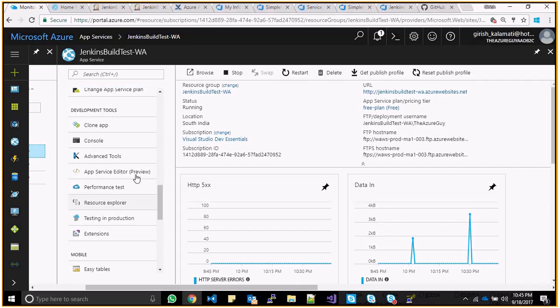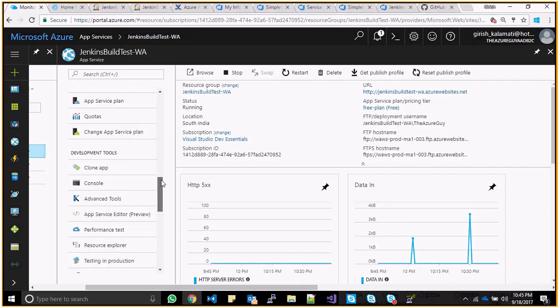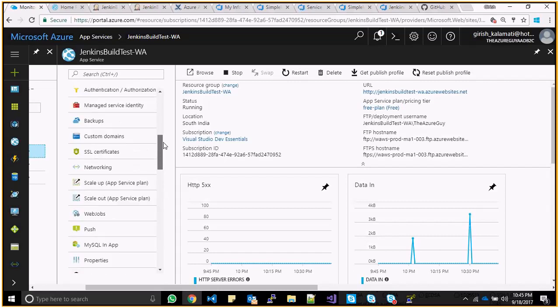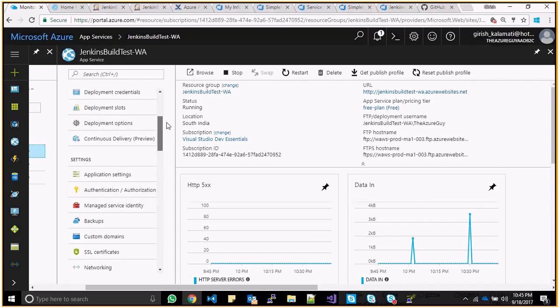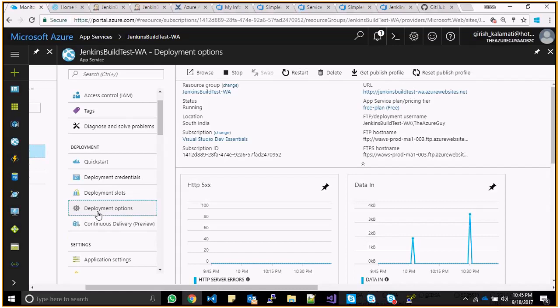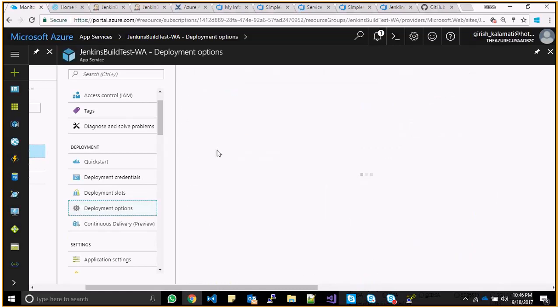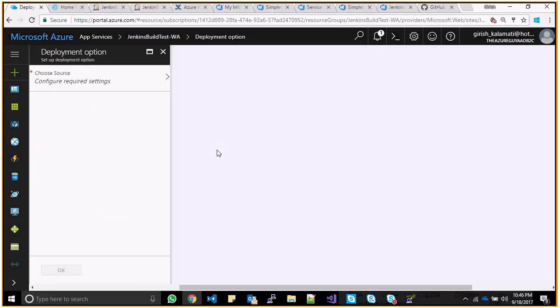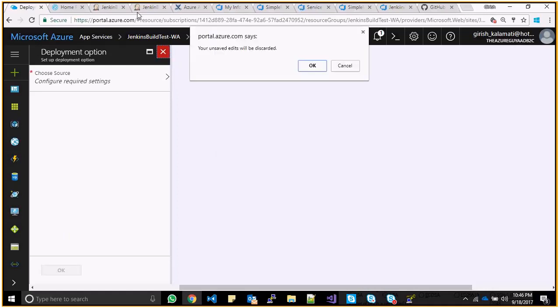You can see this Kudu stuff. You can have a performance test or load test on top of it. You can add extensions, each and everything, and you can have these deployment options where you can get your code from GitHub directly or something. But since our motive was to build a code,